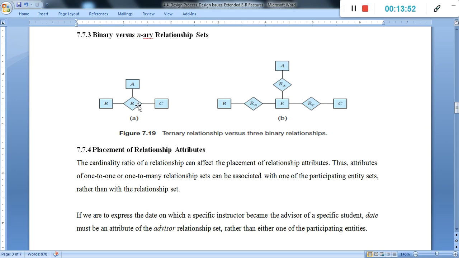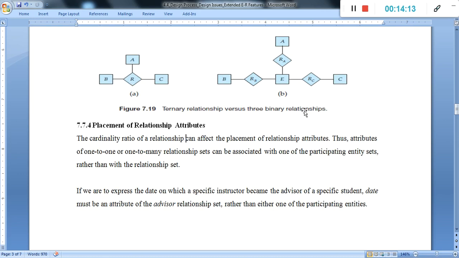In the first diagram, that is considered the same for placement of relationship attribute. These three entity sets relate with each other, but this diagram with a one-to-one relationship is again the placement related to a relationship.